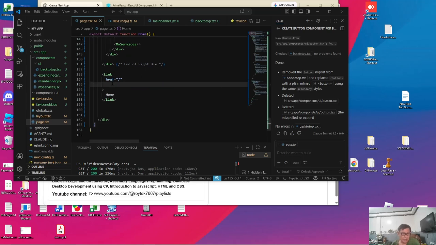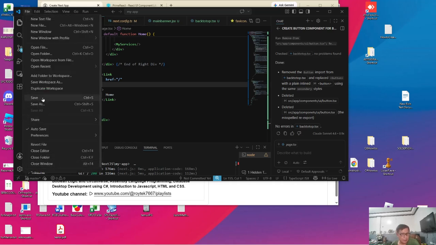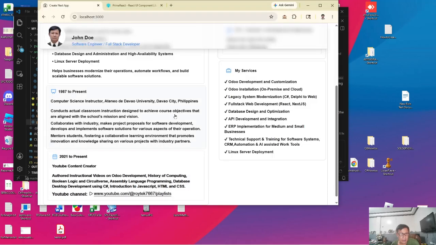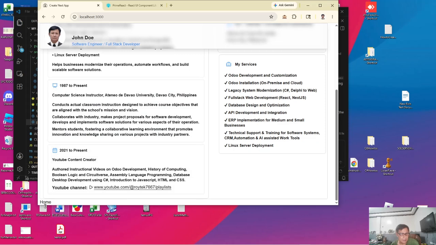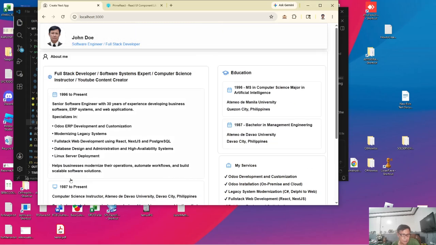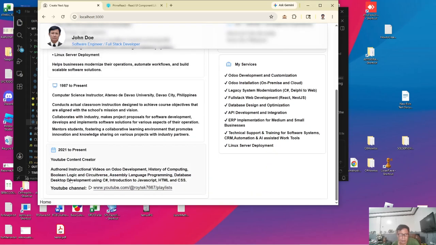So a href, which goes to the home page. The home page, as we know, is src/app and it will open page.tsx. Let's try to save this. There it is, home. The problem with this is it's not floating. We want it floating so that anytime or anywhere the user is in our web page, he can easily go back home.